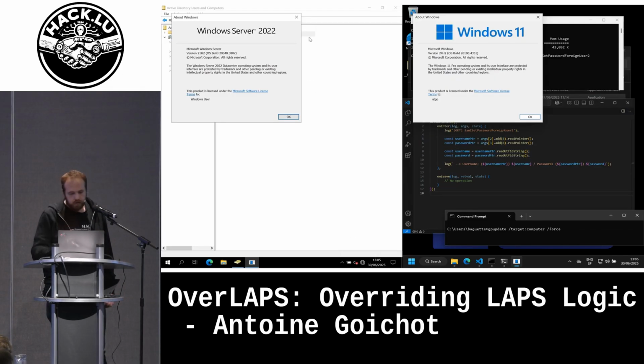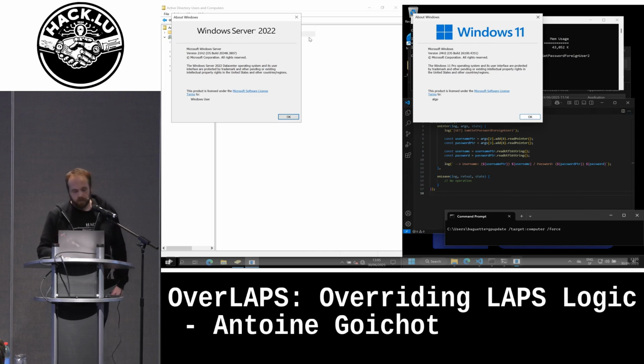So let's have a quick demo of this one. We have a domain controller and a Windows 11 client. On the Windows 11, we have 3 windows. The top one will be running with admin privileges, which we will use to mess with LSASS. In the middle, it's just the code if you want to have a look. And below, we will just run as a low privileged user a gpupdate to force a reset. Of course, because it's a demo, we will force the reset on the server side, but it works exactly the same if the password expires, let's say, naturally.